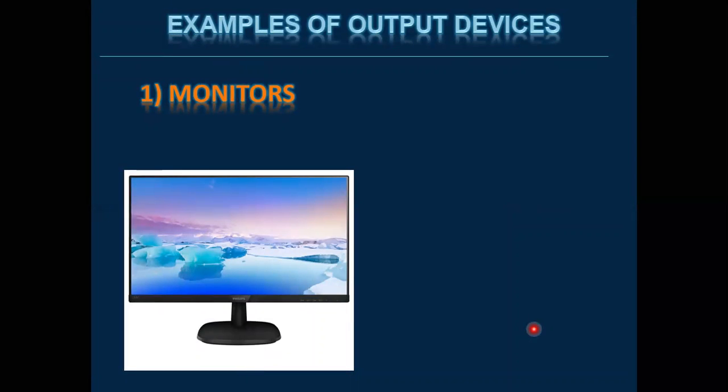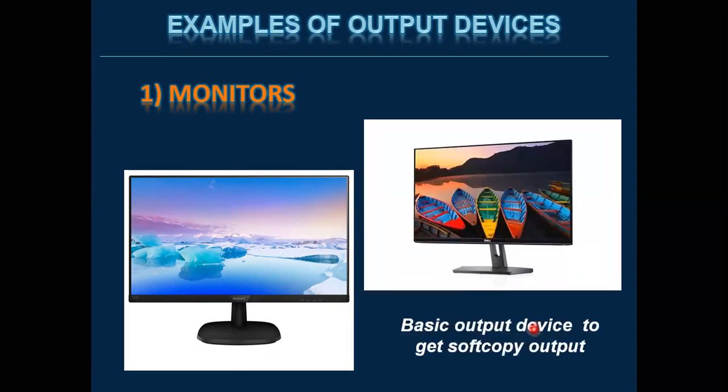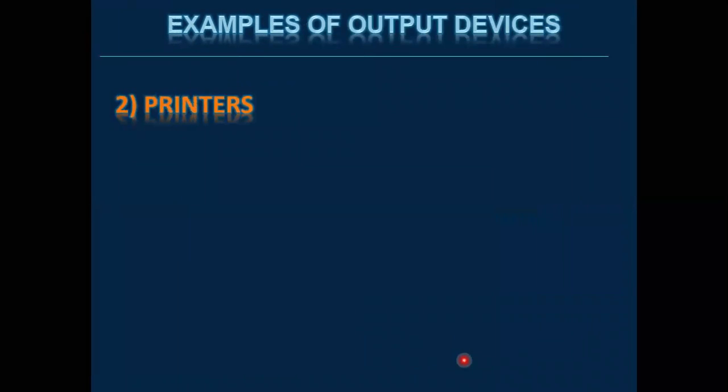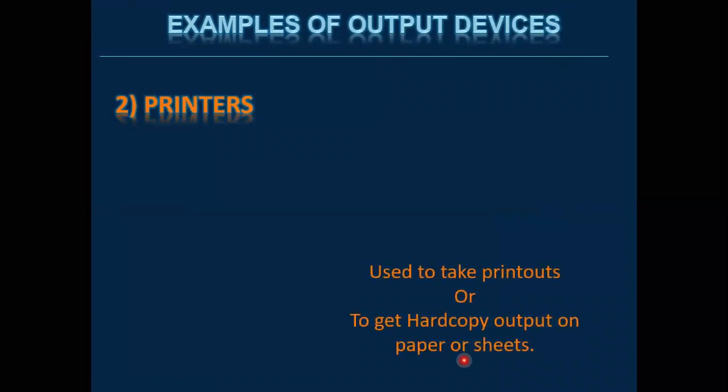Basic output device which must be attached with the system is the monitor, and there are different types of monitors that can be attached with the computer. One most common form is LCD monitors. And other output devices which are commonly used are printers, and they are used to take printouts, or we can take the hard copy output